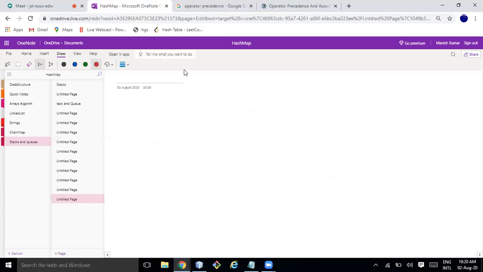So what is the postfix expression? If I say 2 plus 4, this plus is called the operator and this 2 and 4 are called operands. And this is a binary operator. So infix only comes in case of binary operations, not for unary and ternary, postfix and prefix.